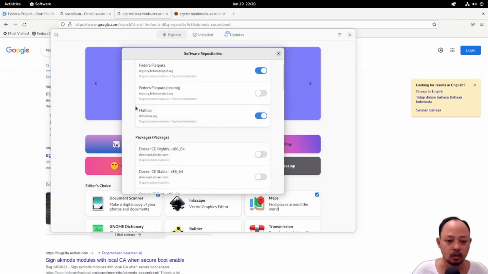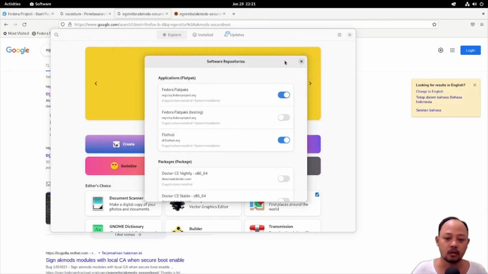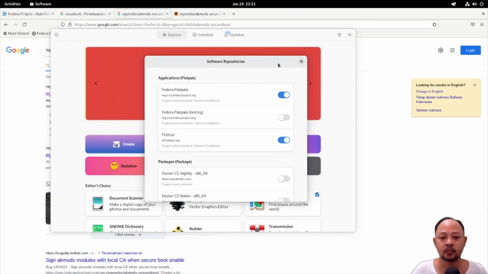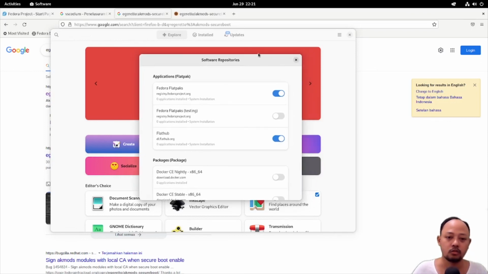Okay, sorry guys, I just found this FlatHub repository enabled in here. So I think it's already complete. You can just use it and continue to finish your job. I think this distro is very good if you want to install Fedora but have everything already set. You can just use the Ultramarine distro.